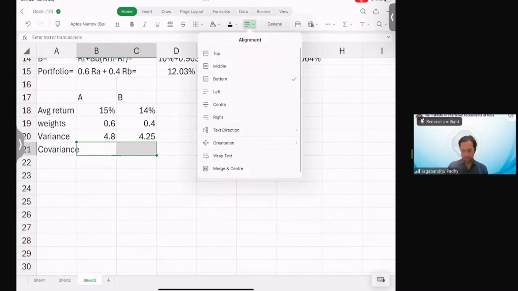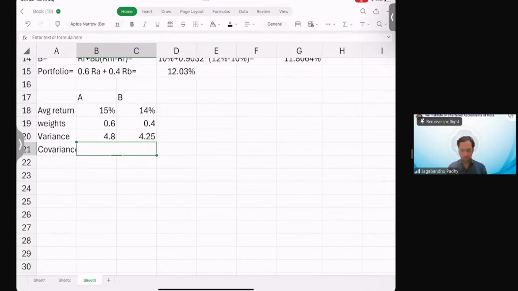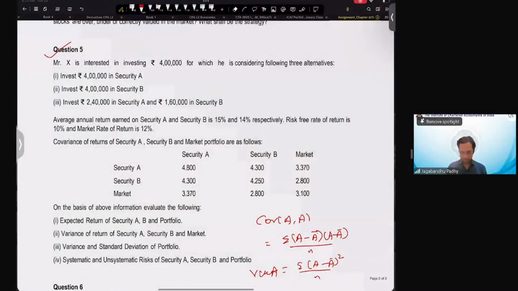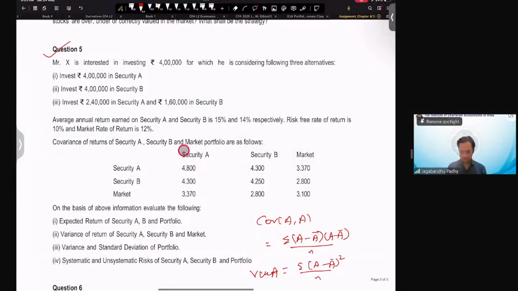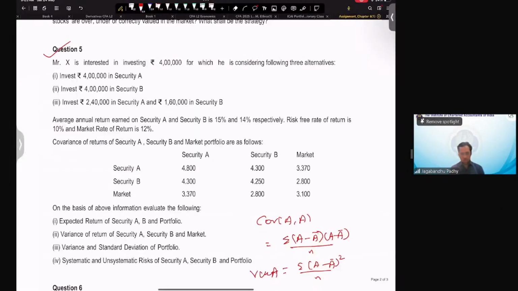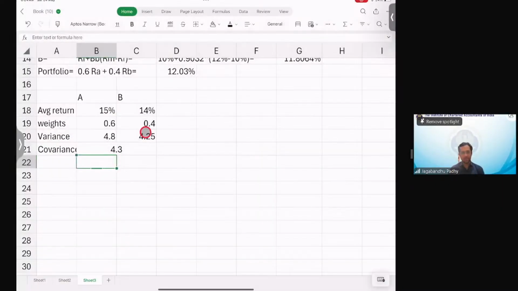Covariance between A and B is 4.3. Can you observe this? Now, once we have the covariance, the variance, and the weightages,